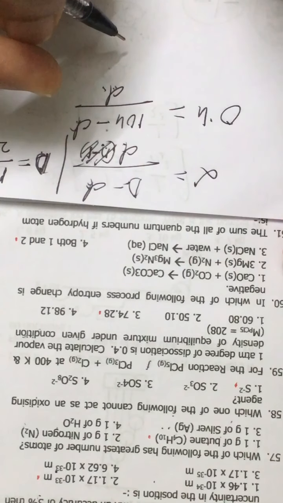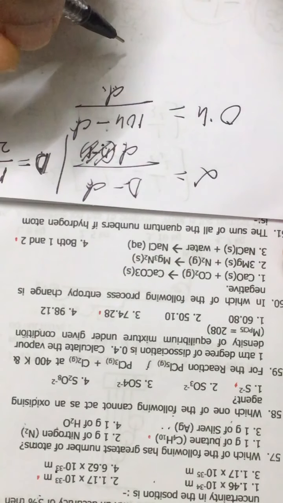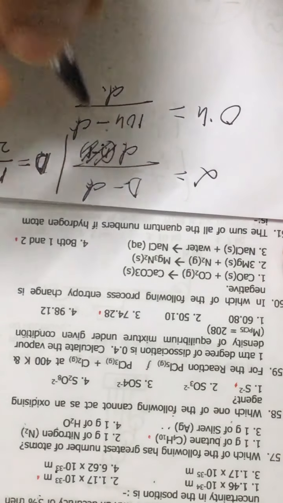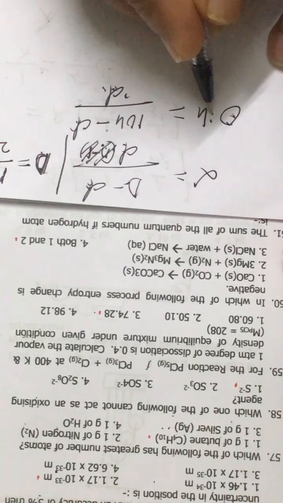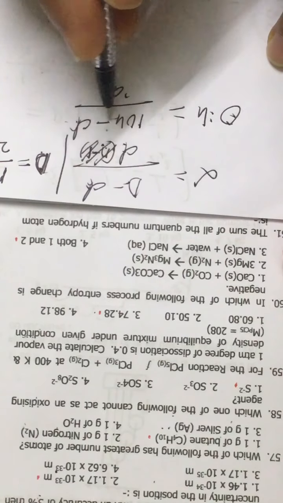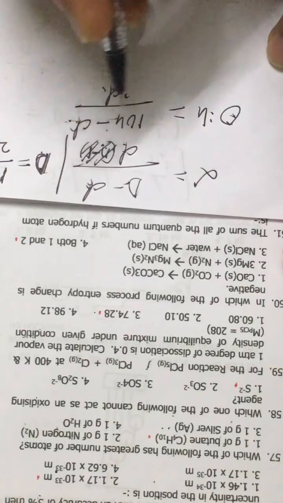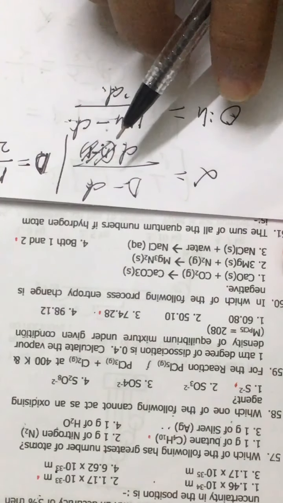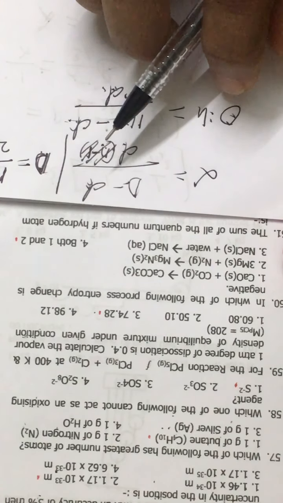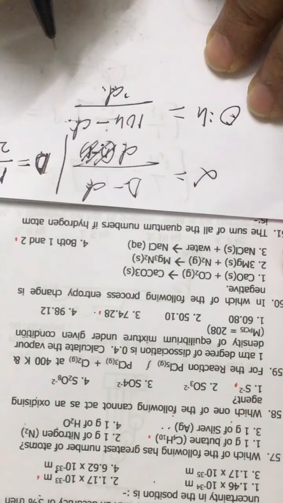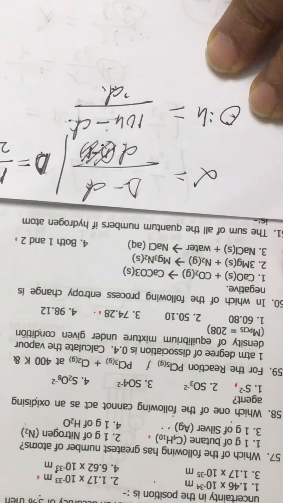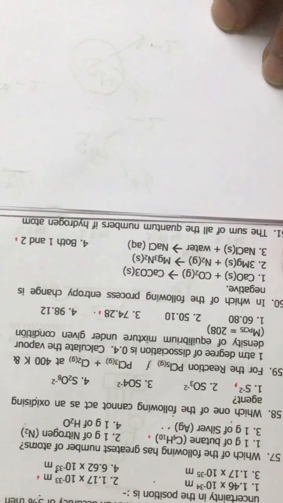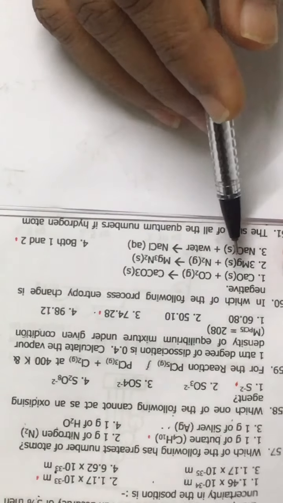Degree of dissociation, 74.28. You are getting 74.28. Alright, this is 0.4 d, and then 104 minus d, so you get 104 upon 1.4, it comes around 74.28. That is all right. Now look at the next question, question number 60.